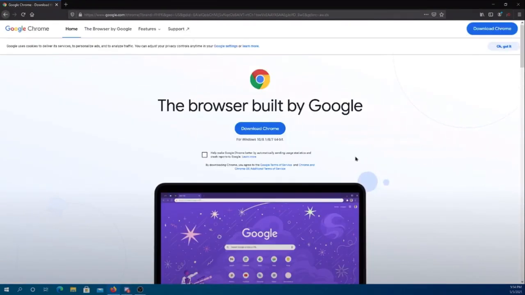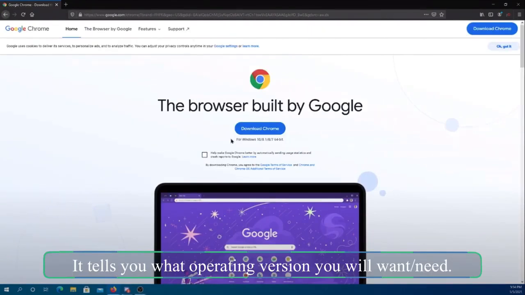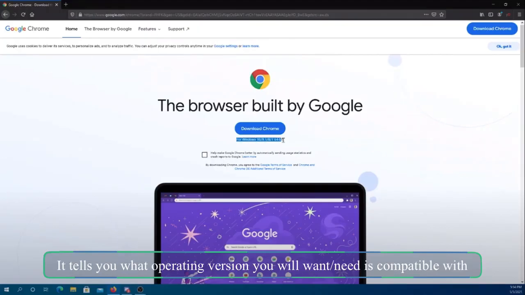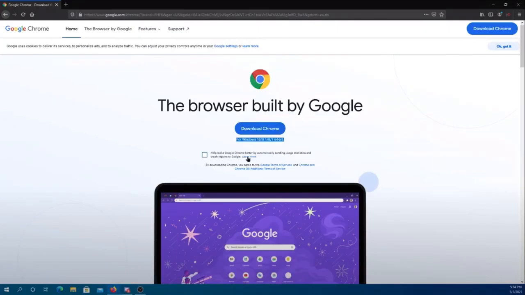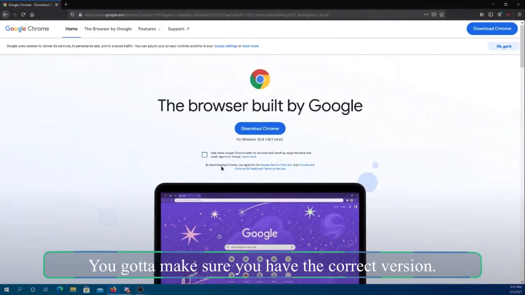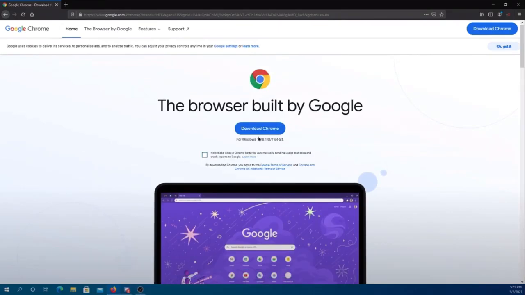Anyways, it'll tell you what operating system the version of Google Chrome that it recommends is compatible with. For example, here the one that it recommends to me is Windows 10 8.18 and Windows 7 64-bit. So you gotta make sure you have the correct version. So you want to press download Chrome,